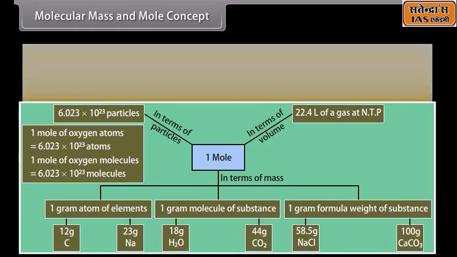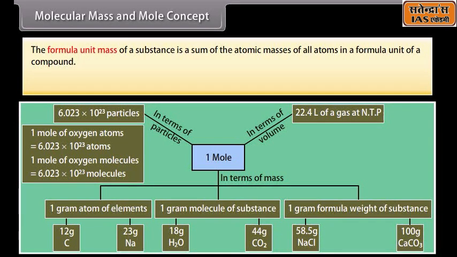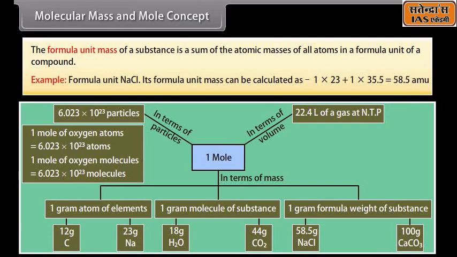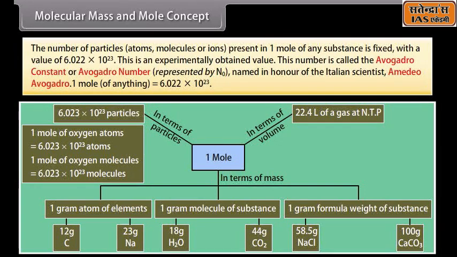The formula unit mass of a substance is the sum of the atomic masses of all atoms in a formula unit of a compound. Example, formula unit NaCl, its formula unit mass can be calculated as 1 times 23 plus 1 times 35.5, which equals 58.5 units. The number of particles, atoms, molecules, or ions present in 1 mole of any substance is fixed with